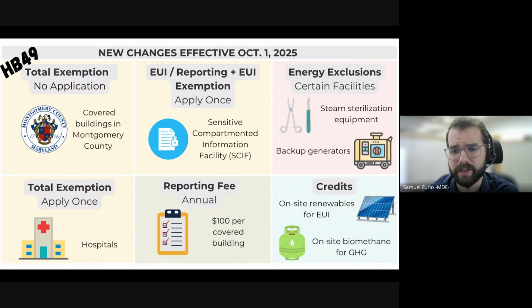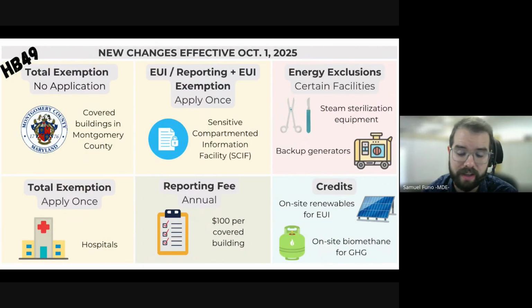These buildings will also be able to apply for additional flexibility if they have trouble meeting those benchmarking requirements. Additionally, for exemptions, hospitals will be eligible to apply for total exemption.